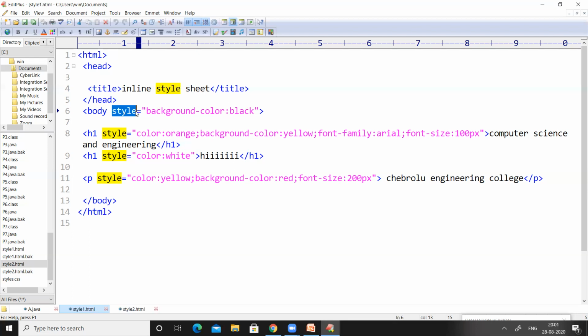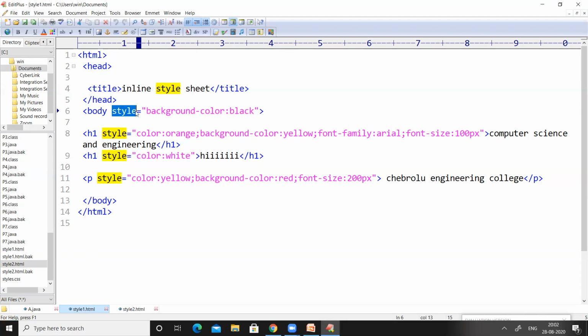So what are the different values that can be passed to the style attribute? Here are some examples of the different values that can be passed to the style attribute.